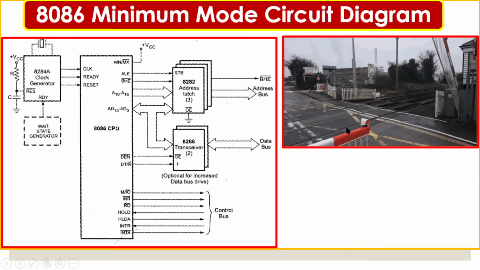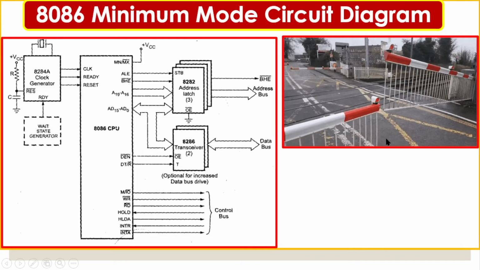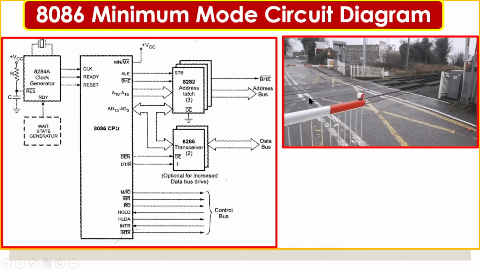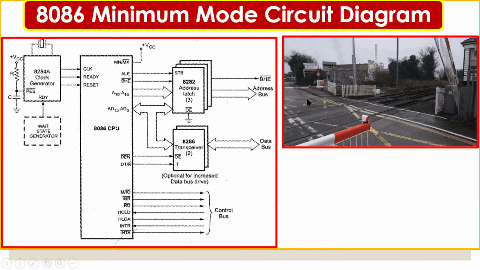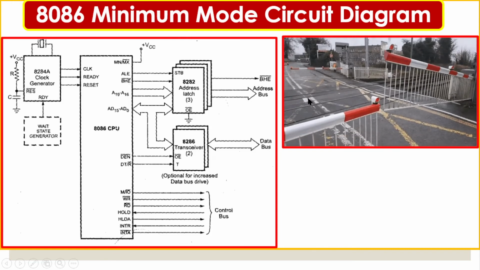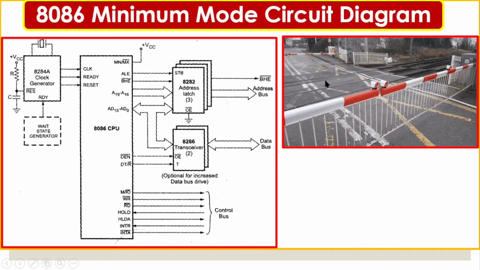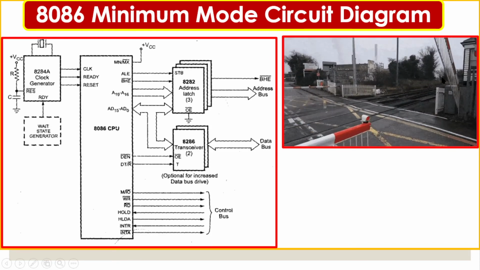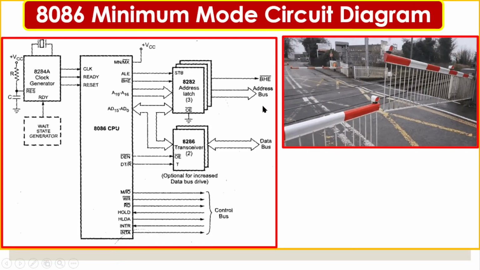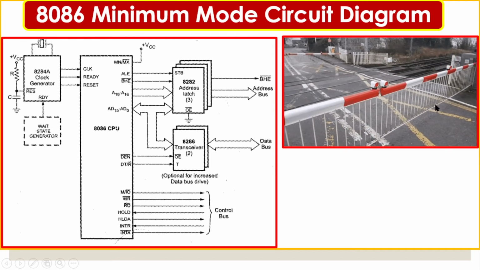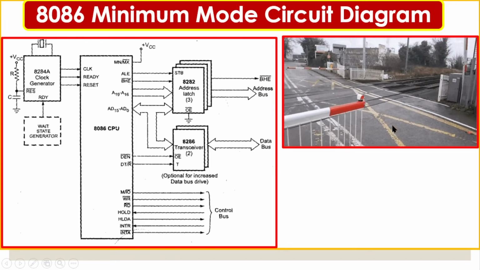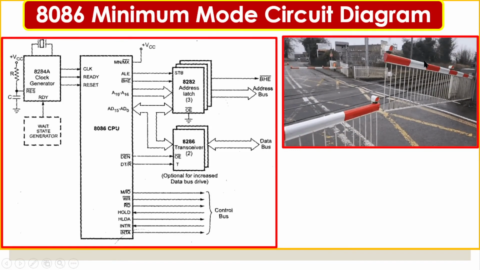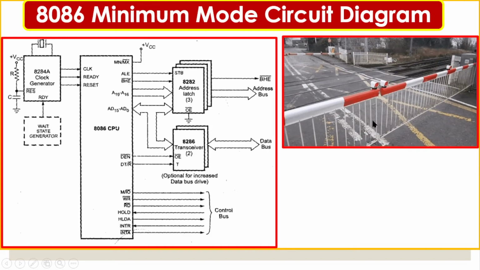One way is used by trains, and the other way around is used by road transport vehicles like our car, bus, two-wheelers. But both cannot use it at the same time, only one at a time. So this is called demultiplexing. For example, if the gate is closed, the train will use the path. At that time the bus and other road transport vehicles have to wait. When the gate is open, the train cannot use it; the bus and road transport will use it.